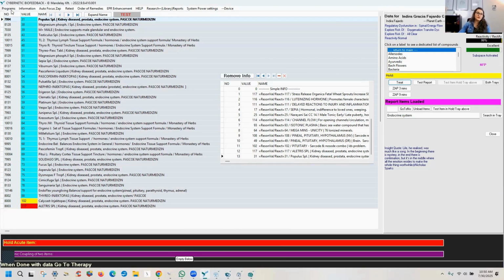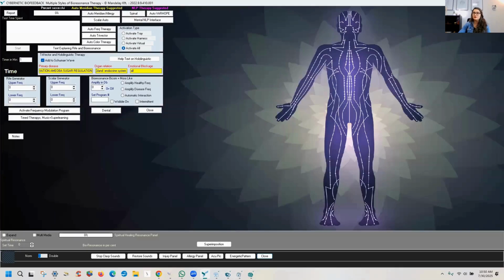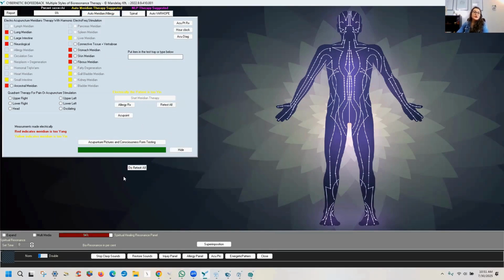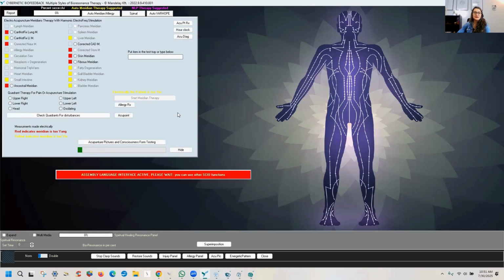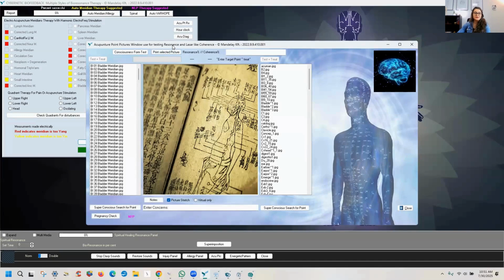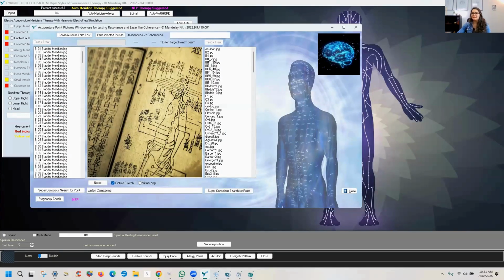to the universal. Okay, so we're going to go here to universal, and here in universal, we can work with the meridians. And I'm going to provide a PDF with all the information that I'm sharing today. So we have here the meridians. Usually I like to always do the outer meridian and retest until everything is settled. But we also have specific points for this. So we have